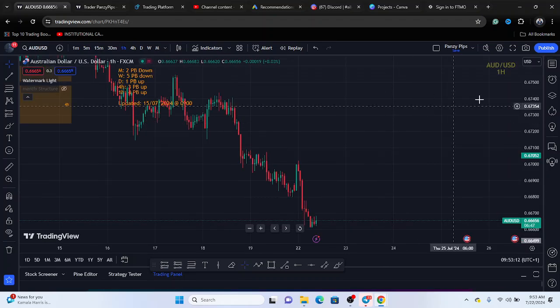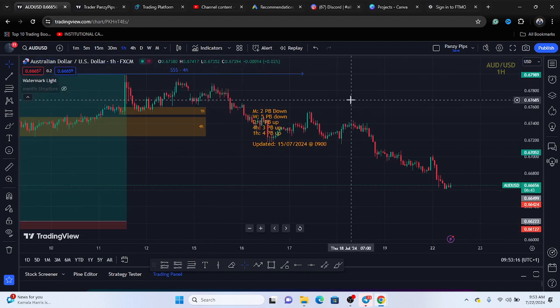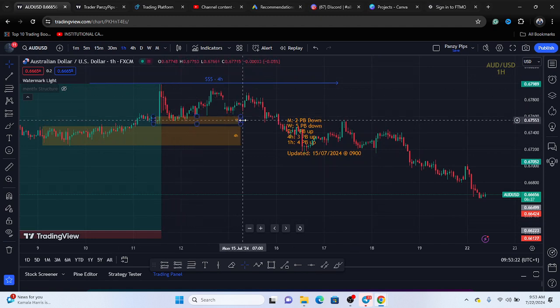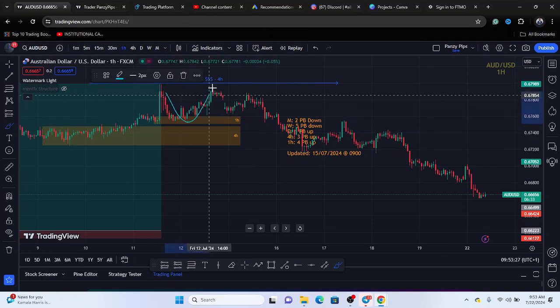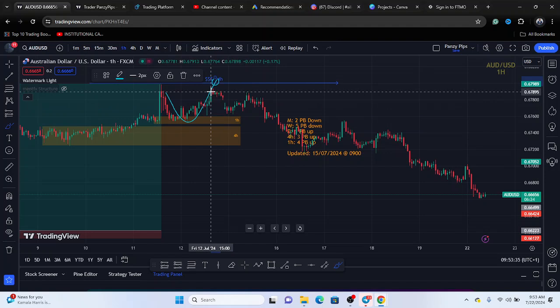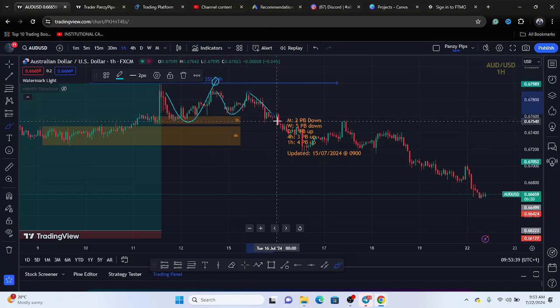Australian dollar, US dollar, how do you look? All right, so let's see what this looks like. We had this last up move, and then we had this zone marked out, 1-hour zone. Expecting to see prices come into our zone, and then from there go all the way up and hit our target here. What happened instead? Price came a few pips shy of the target, tried a second time,